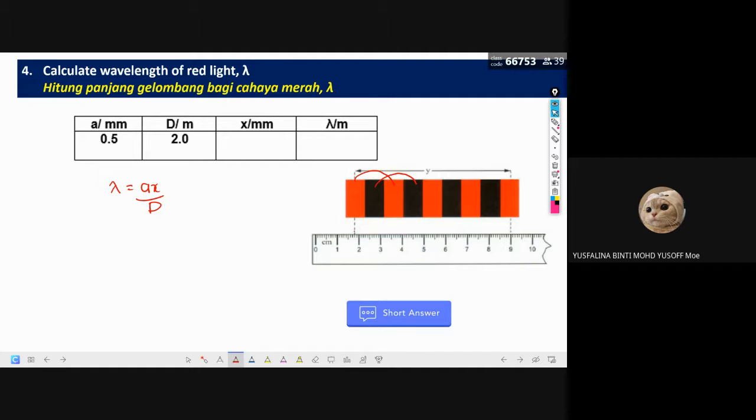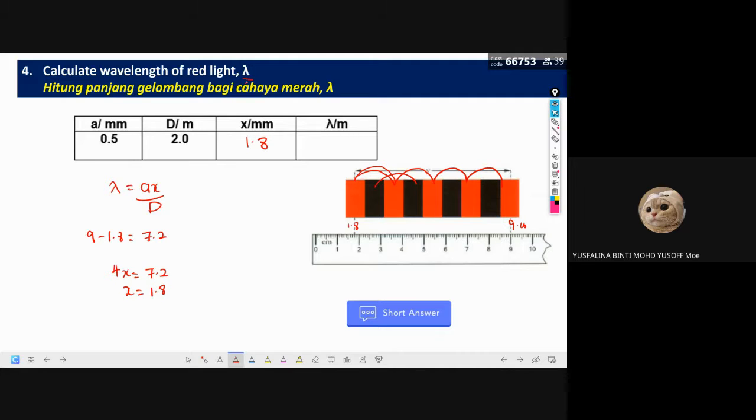Okay, so from here is 1.8. This one is the same as the one I just taught before. So this one is 9. So the distance of y is 9 minus 1.8, so you will get 7.2, right? So 7.2 is actually equal to how many x? You have to find how many x there are here. So 1, 2, 3, 4. So there are 4x here. If you want 1x only, you have to divide by 4, and you will get 1.8. So actually this one is 1.8.